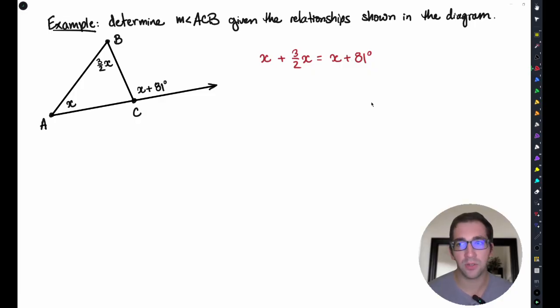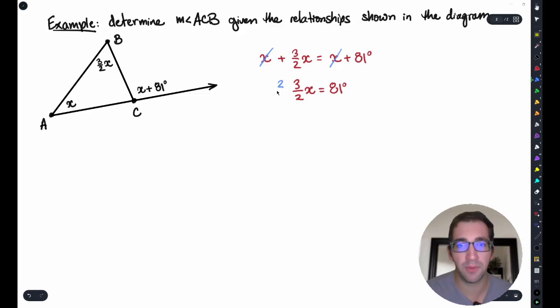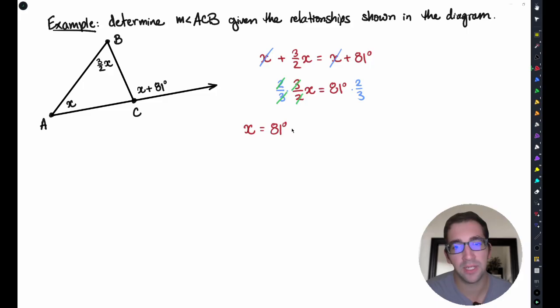The very first thing that we can do is subtract x from both sides, which is going to get rid of x entirely. So right now we're left with 3/2 x is equal to 81 degrees. From this point, we can multiply both sides by 2/3. The reason that we'll want to multiply both sides by 2/3 is because it's going to get rid of the 3 halves, because the 3's will cancel here and the 2's will cancel here, canceling from a numerator and a denominator. So right now, in order to figure out x, we need to take 81 degrees and multiply that